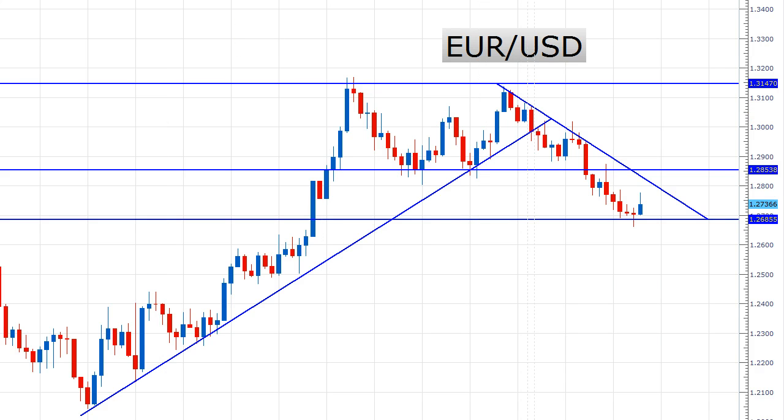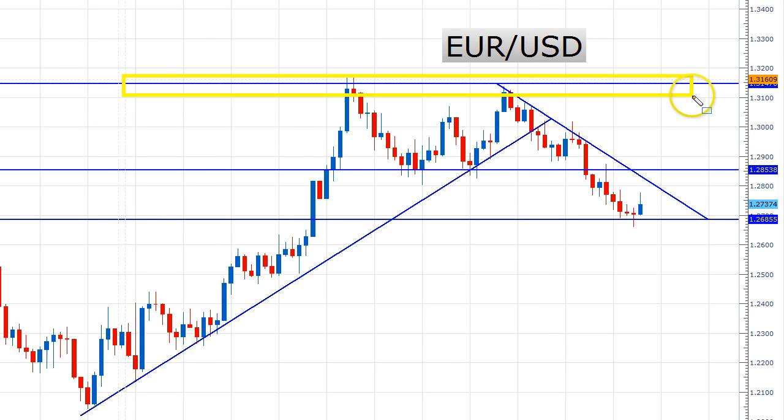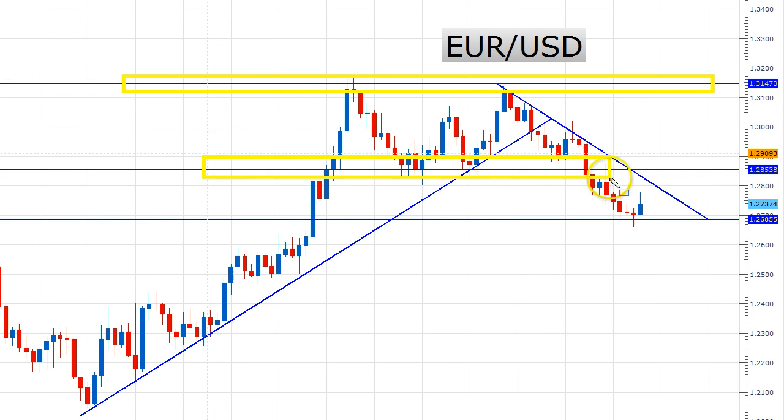The first thing to note is that there's a few major horizontal levels. This one here is one that I noted. This one here has been tested several times, and then this one you can see where we're bouncing off right now has some previous tests. It's actually a pretty major level at that 126.8 or 126.9 area. I won't zoom back to show you that, but you can just take my word for it or look back on your own chart. That's also a pretty major horizontal level.